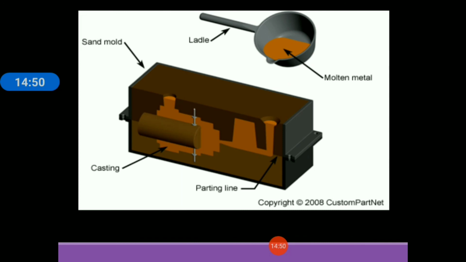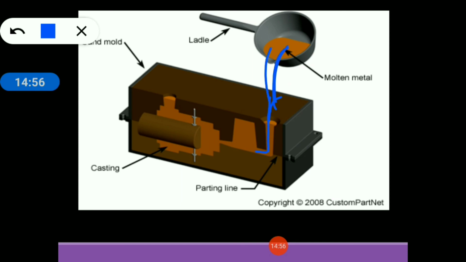Otherwise, what happens if the chaplet is not there? When you pour the molten metal from the ladle, it transfers over here, and the cavity will be filled up by molten metal. Due to the metallostatic pressure on this core, it can be tilted like this. Due to this pressure, suppose it is tilted like this, then your product will fail. You can get a defective product. So to avoid these circumstances, you place metal pieces on both sides of the core, known as chaplets, to support the core.